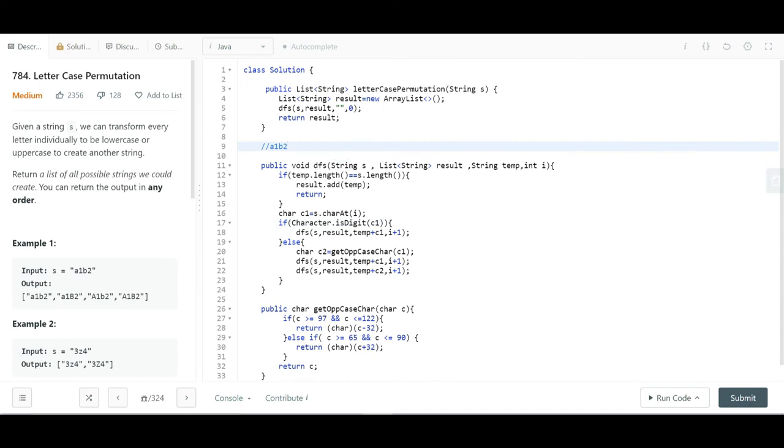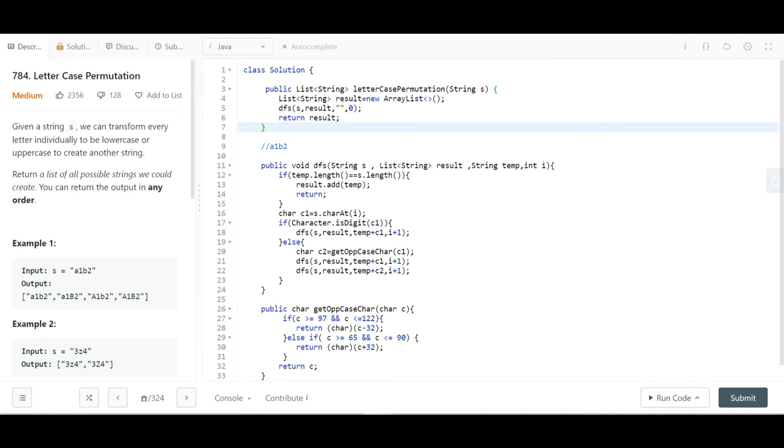There, what I am passing is the actual string, the result list, one empty string, and one zero, which will maintain the index, like one by one character we are going through, right? What I have shown you in the example. So for that purpose, I am sending this zero as my first index. And this empty string we have to grow gradually. Then we can get our result.